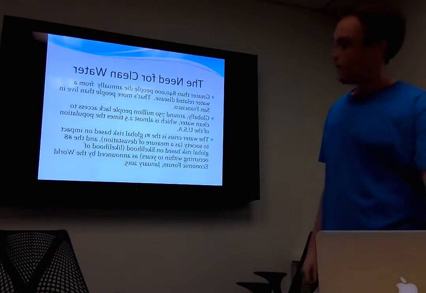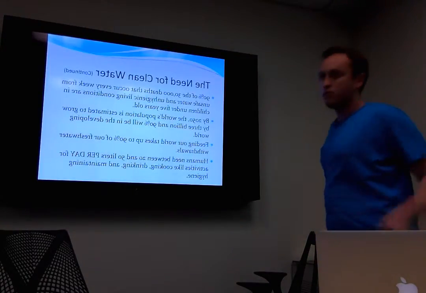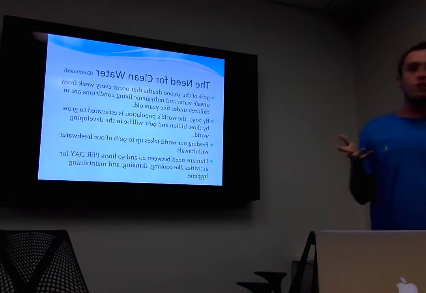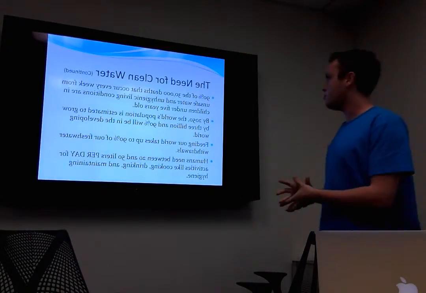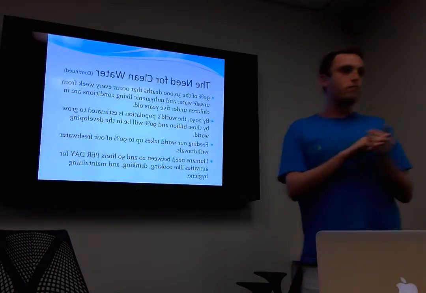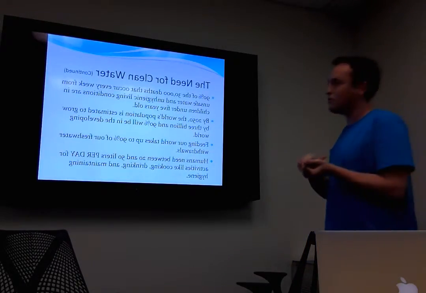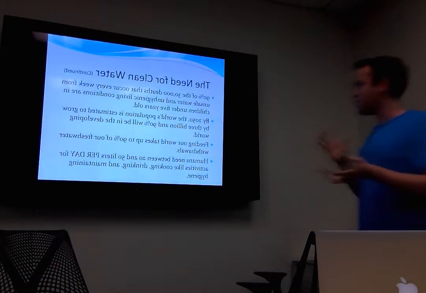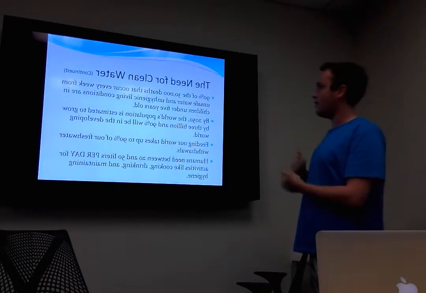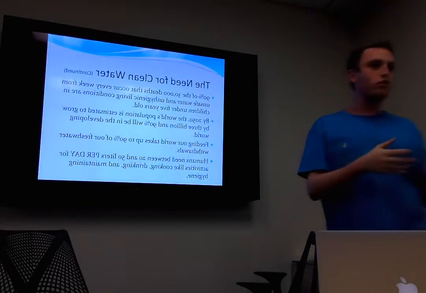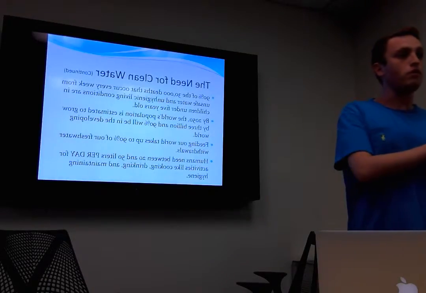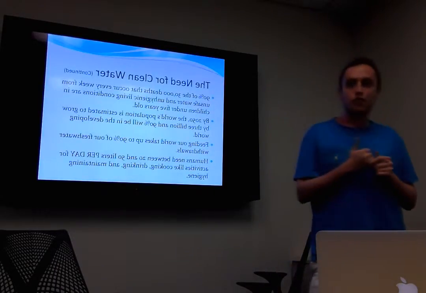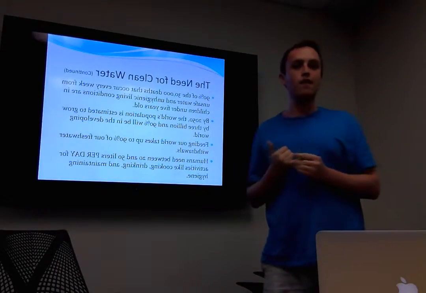And how drastic that could change and how much we could see it come to the forefront of our daily problems and affect us. So if there's 840,000 deaths per year, there's about 30,000 deaths every single week, and 90% of those occur in children under 5 years old. That's partially because a lot of children are being born in third world countries, in places where there's unsafe water and unhygienic living conditions. And when children come into that, their immune systems are so much weaker than grown adults. So they can't handle all these diseases that sometimes we can handle if we get a stomach bug or two. They die.